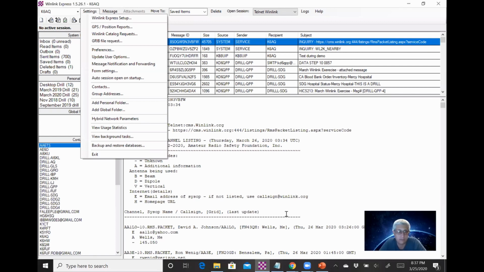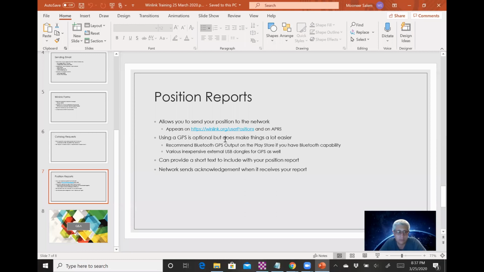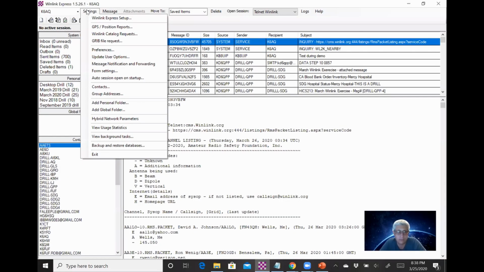First off, I should talk about how to actually send that position report. There's a couple ways you can do it. Either way, you'd be going to settings, GPS position reports,